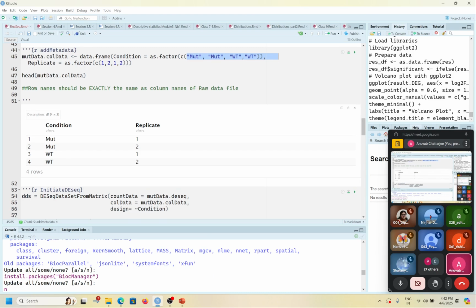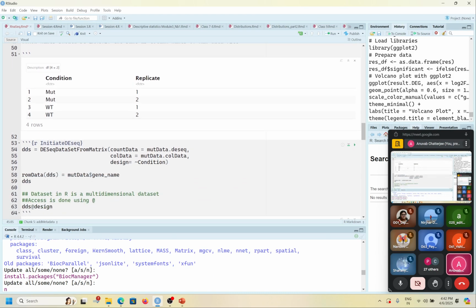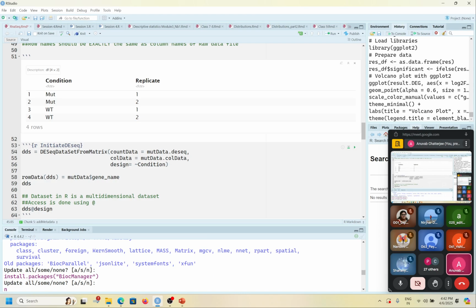Okay, so after you have got mute data call data, all that is left is just running the program. To run the program, first we make a matrix out of all the data that we have. The matrix is called DDS, which is the DESeq dataset from matrix. This is the function that you will call. The count data is the actual transcript numbers, the dataset that we made. The column data is the one before, mute data call data, and the design of the experiment is